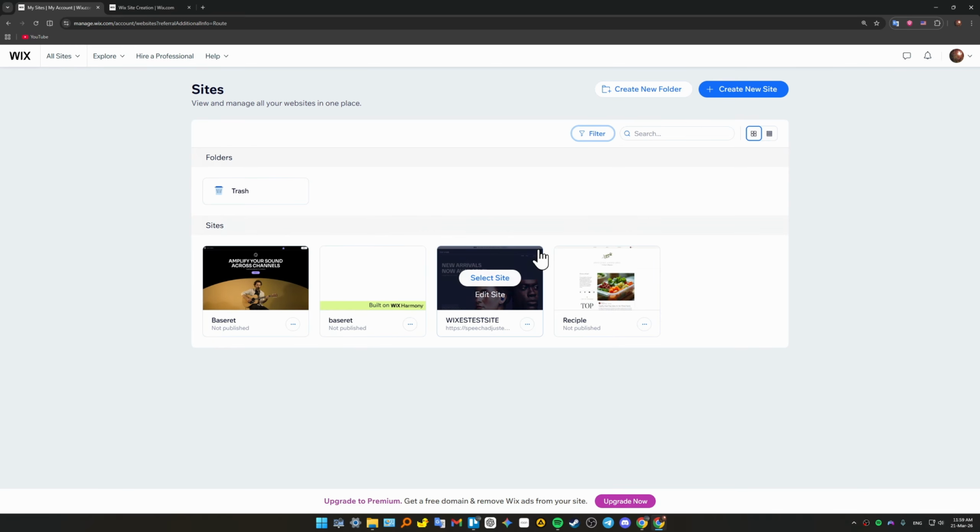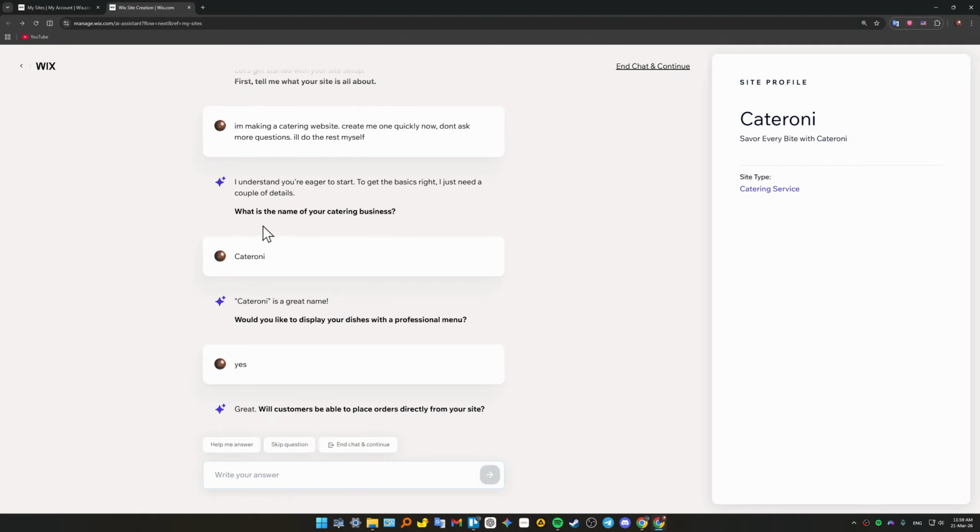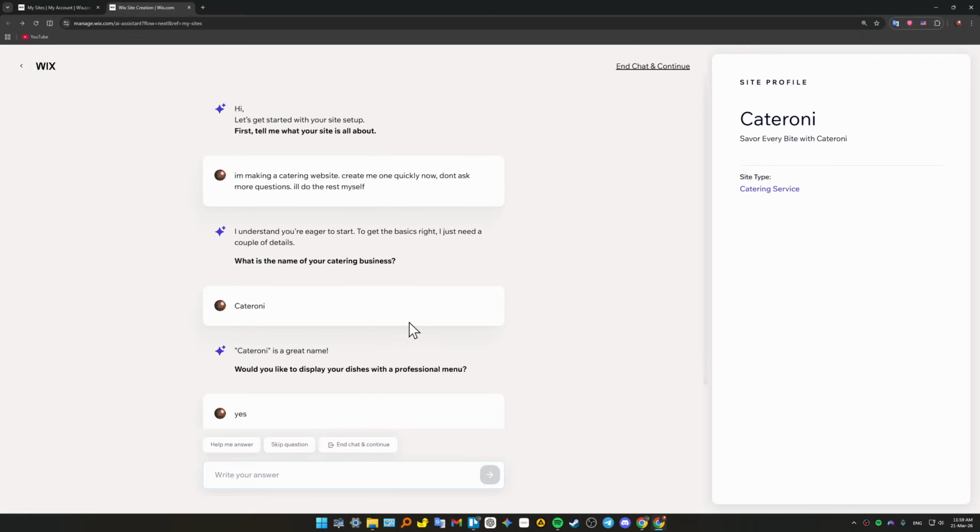Okay, and first, let's get the foundation right. Go to the Wix template library and filter by restaurants and food, catering, and chef. Or you can just use the AI to create your website, and in here just make sure to let it know that you're making a catering website. And then you can also use those templates, and they are preloaded with Wix restaurant menus and Wix Forms